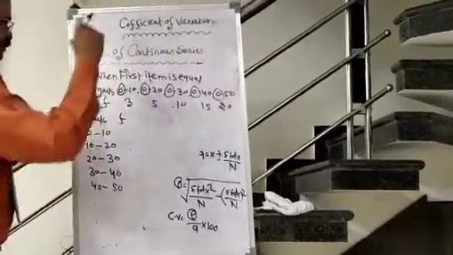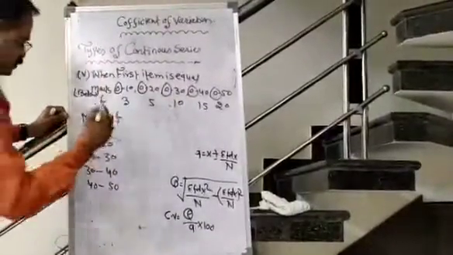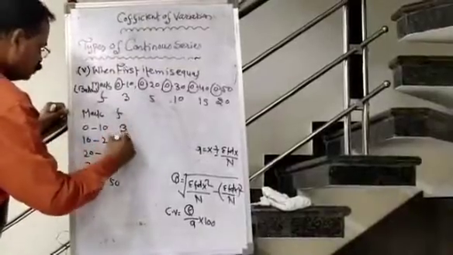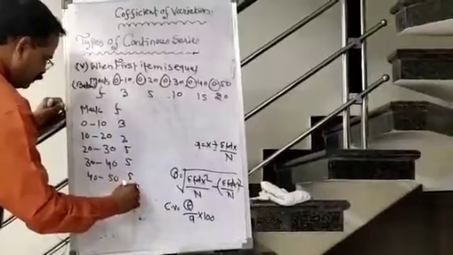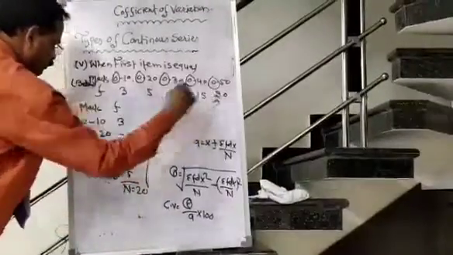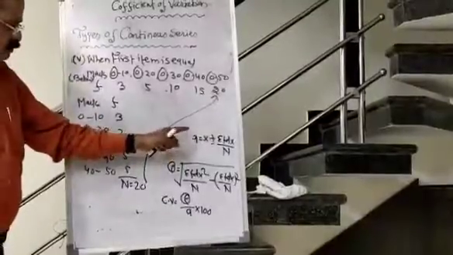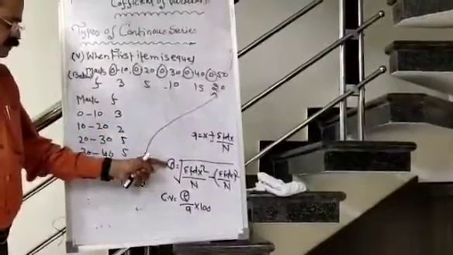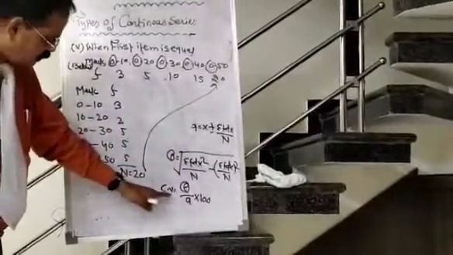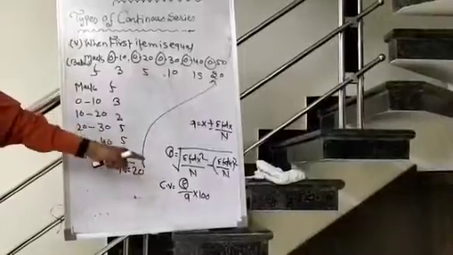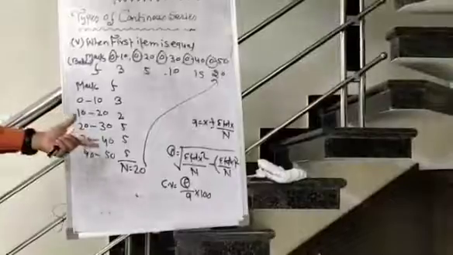Frequency: if the frequency is given in ascending or descending order, then we should convert, otherwise we should write it as it is. 3, 2, 5, 5, 5, and this total will be equal to the last frequency given in the question. Then we should use the mean formula and standard deviation formula. After finding the mean and standard deviation, we can find the coefficient of variation on the basis of the standard deviation answer and mean answer, and the answer will come in percentage.